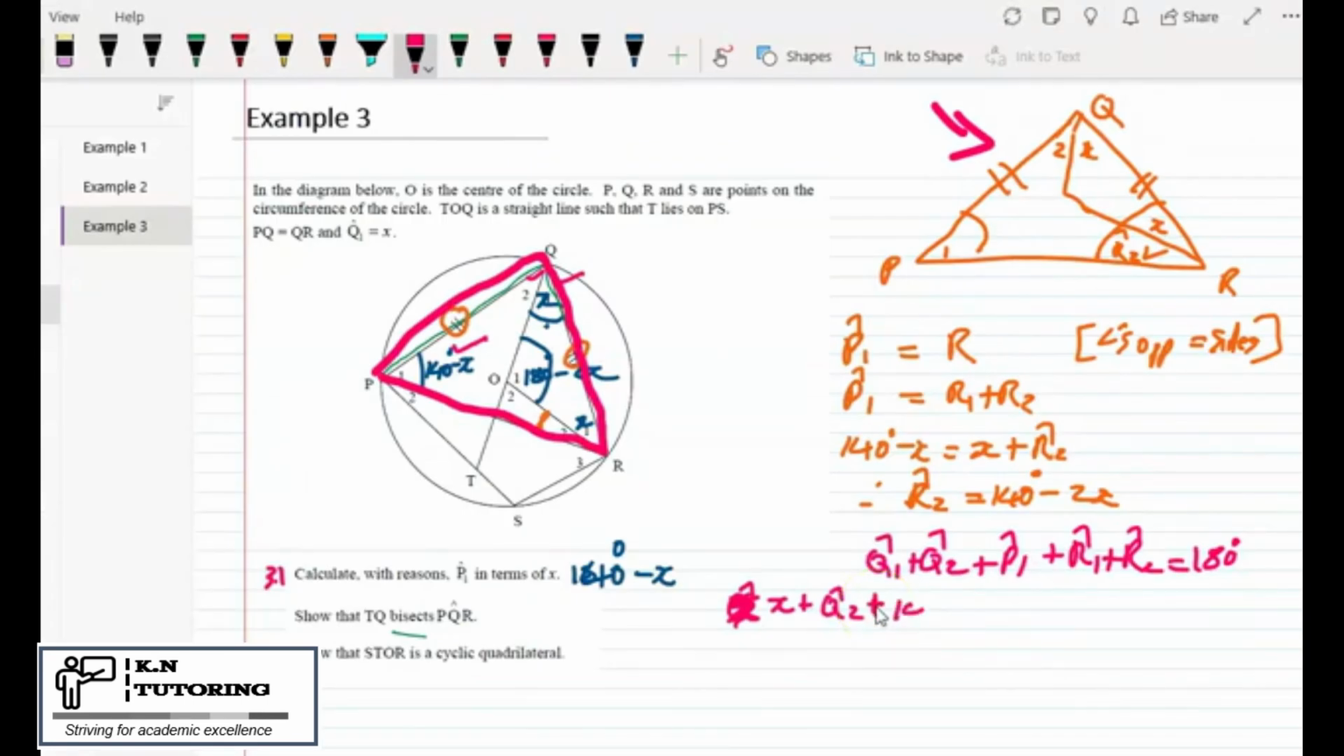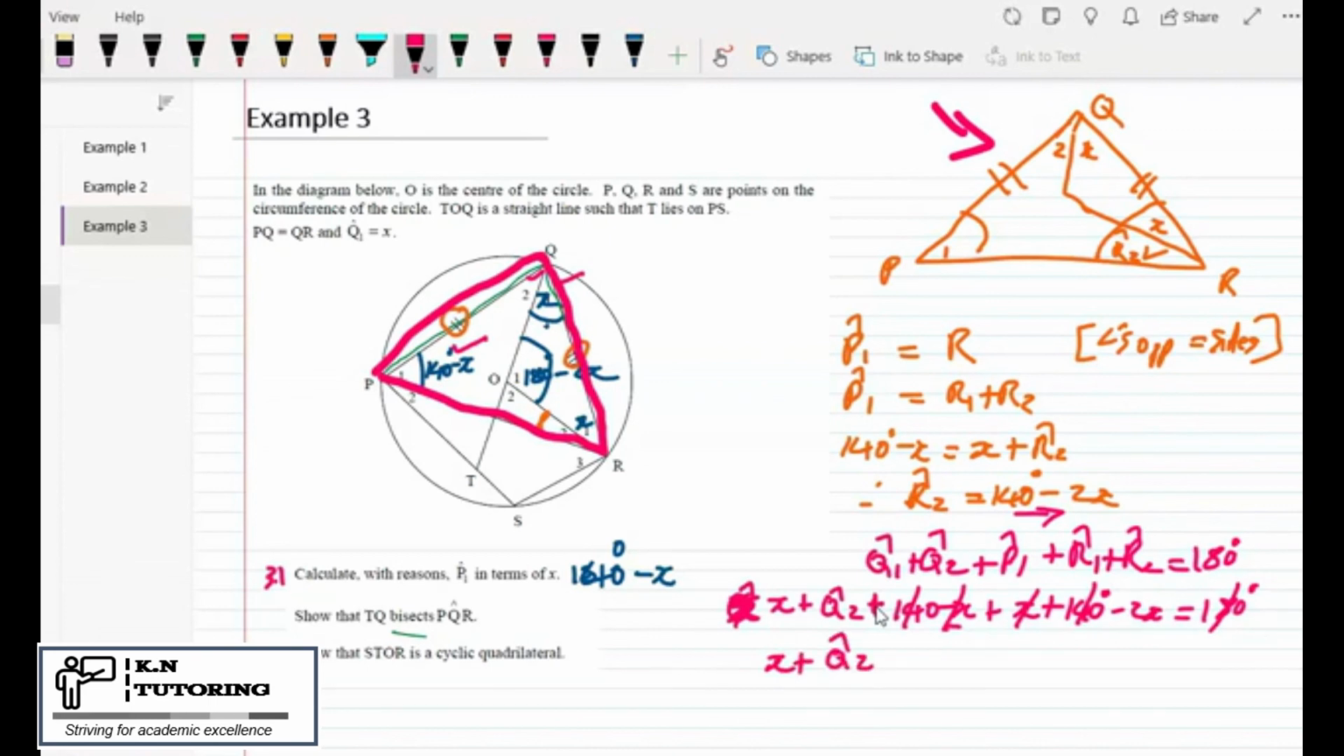P1 is 140 minus X plus, what is R1? R1 is equal to X, and then R2 is what I got here, plus 140 minus 2X is equal to 180 degrees. So this 140 plus 140 will give me 180 on the left and 180 on the right. They will cancel, so this will cancel that, will cancel that. Minus x plus x, they will cancel, so this will cancel that, and then I'll be left with x plus